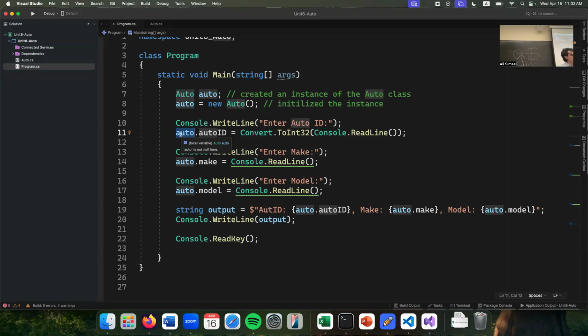Yes. Maybe later we'll be adding methods into the different classes we create. So instead of writing all of that in the main, can we just make it a part of the auto class and just